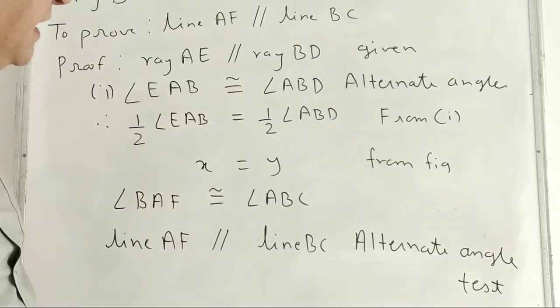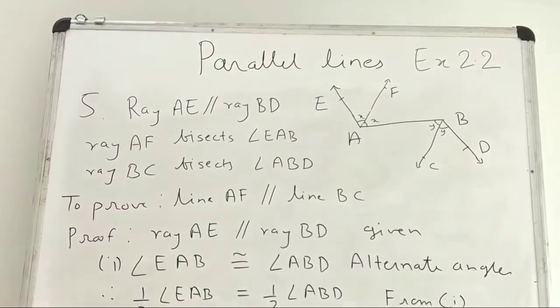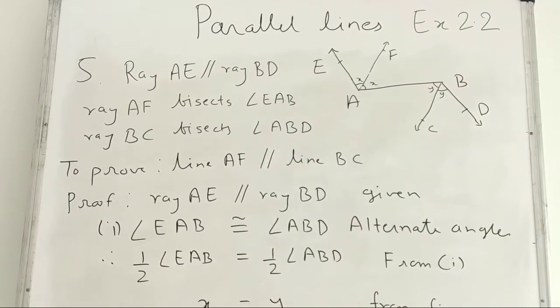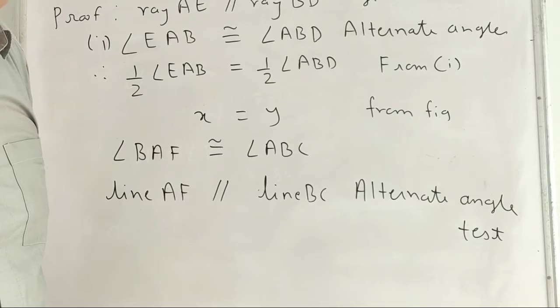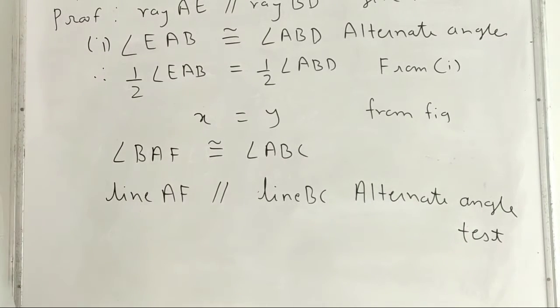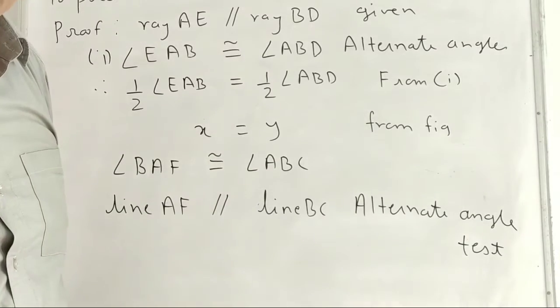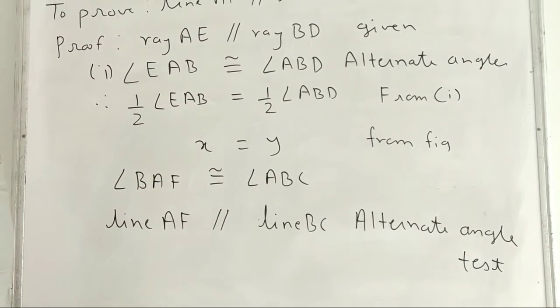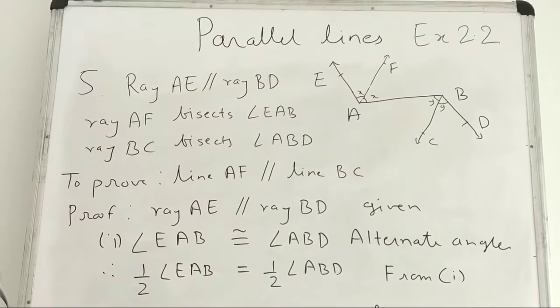Understood? Very important. Expected for the exam. See properly. Write it down at home as homework. Such important sums must be done thoroughly. Then only you can write in exams. Understand the steps. Study properly. Okay?